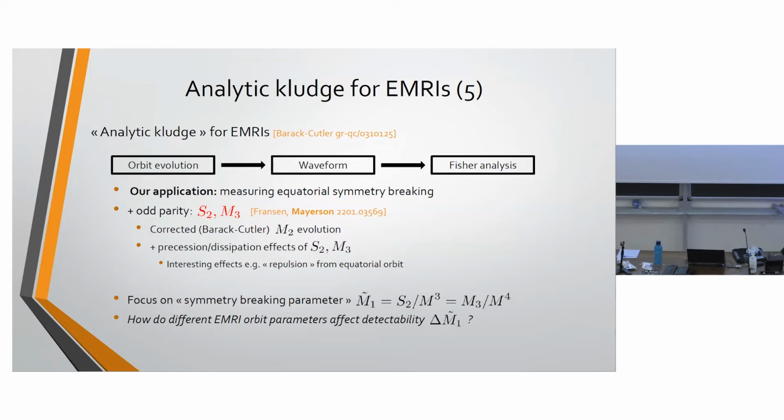So we don't get rid of those. We correct their equation somewhat, which doesn't change the results. And then we add again the precession and dissipation effects, the leading order effects of these multipoles, of these equatorial symmetry breaking multipoles. Although I won't go into more details unless there's a need, this is somehow not as straightforward